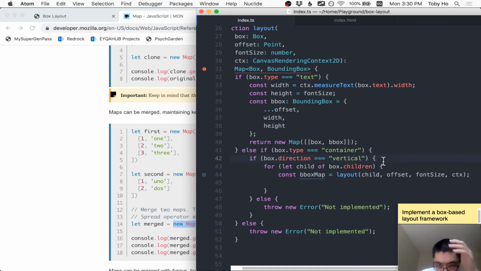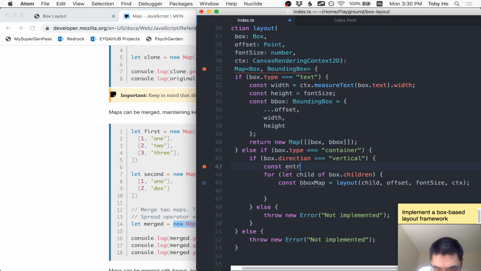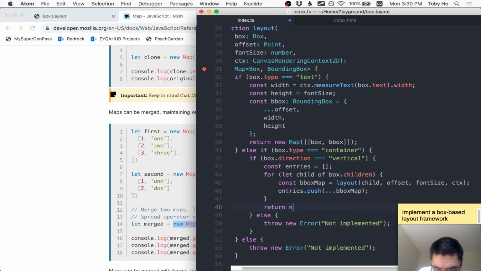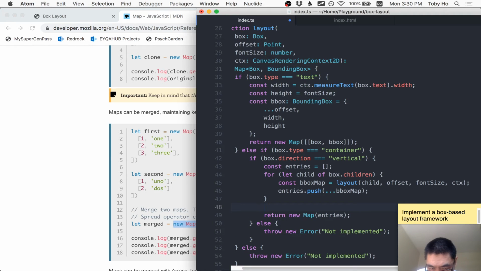Okay, so I'll make an entries array like this, and then each time I'll say entries.push, I'll spread this bbox map onto it, and at the end I just return a new map of these entries, but not before adding my